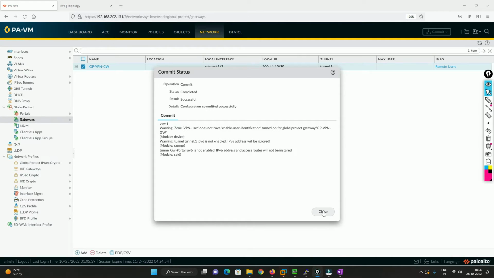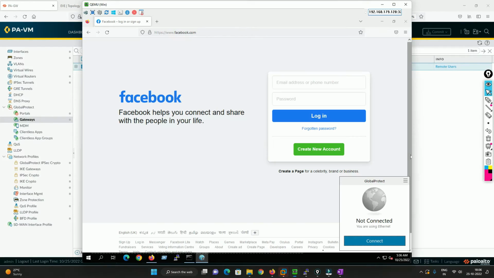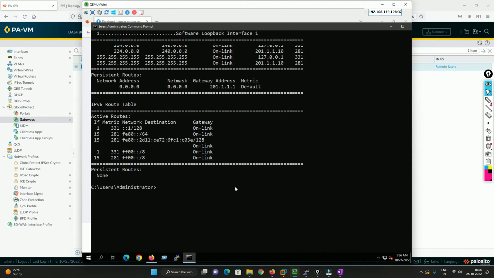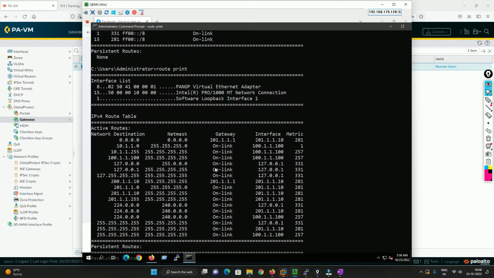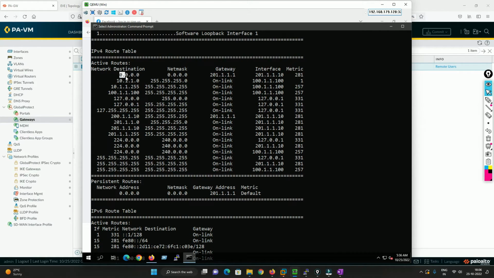Now friends, the commit is done successfully, and we'll go to the client machine and we'll connect this again. And now we'll see some route prints. What is the output for route print now? Okay, now we'll see here that 0.0 is still pointing to 200.1.1, but 10.1.1 is going to 100.1.1.100. So this means that we are only sending the particular traffic which we have defined, 10.1.1,